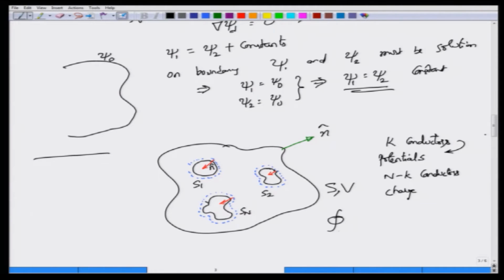So, I have this integral over the surface S of psi del psi by del n ds, and as before psi goes as 1 by r at least and del psi by del n goes as 1 by r square on the outer sphere, allowing me to show that for r tending to infinity this integral will be equal to 0. But now I also have to consider the contributions from the inner surfaces. So, now there are n surfaces